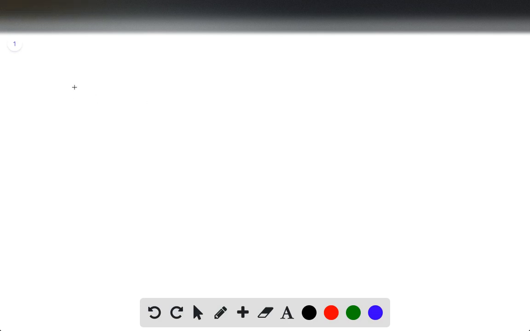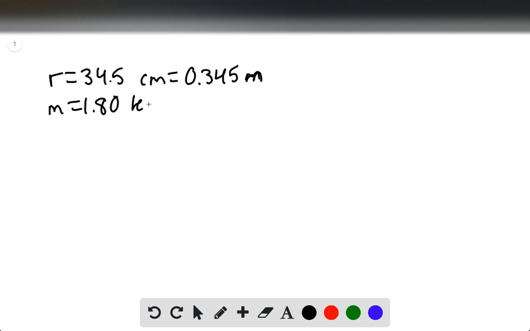So they're asking us for the linear velocity, the angular velocity, and the ratio between the kinetic energies, and if any of these answers are dependent on the mass or the radius. So the radius equals 34.5 centimeters, and this is going to equal 0.345 meters. We have our mass of 1.80 kilograms, and we have our theta of 30 degrees, and the length of the